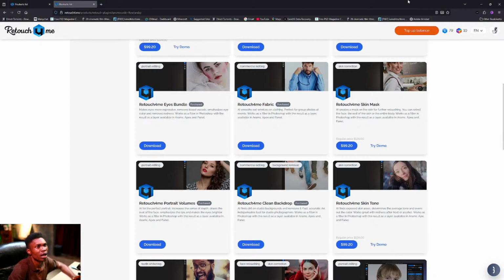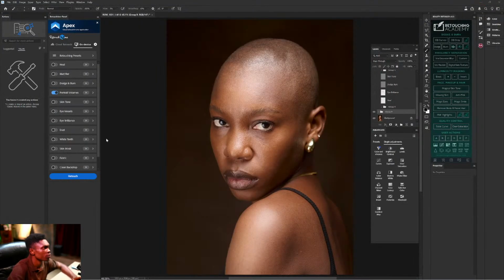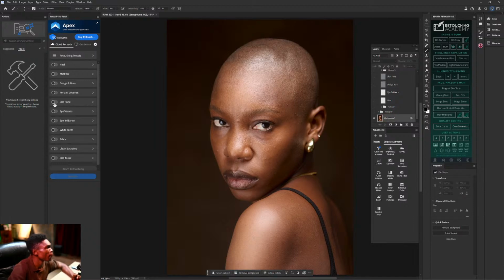Let me show you how skin tone works. I don't have the offline for skin tone yet, but let me show you how it works. See this particular picture, I even did skin tone here.